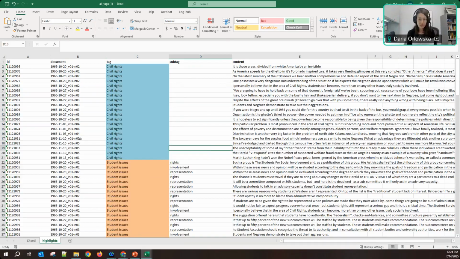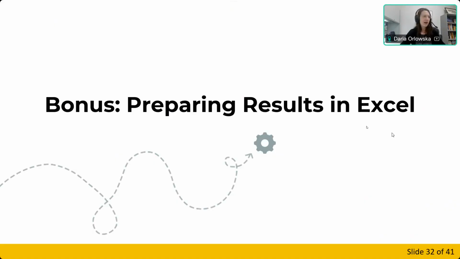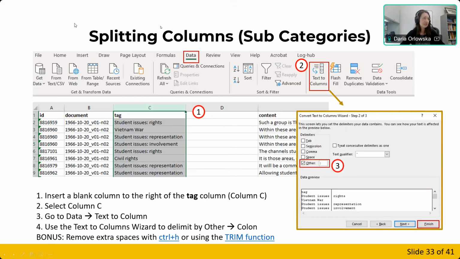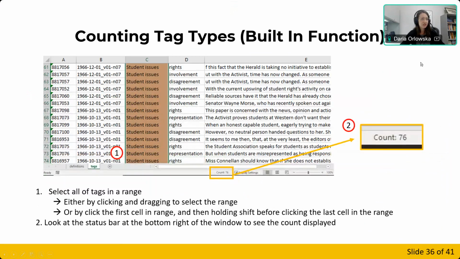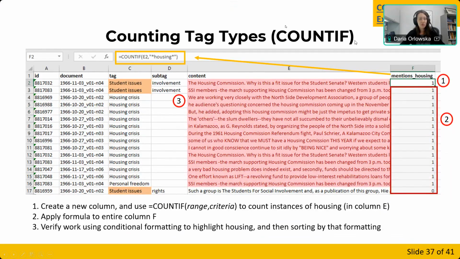Feel free to also check out the slides. The slides will have screenshots. So if I go back to and actually access the slides, I'm going to go ahead and open it. You will see splitting columns, and it has information on how to actually split out the columns, with instructions and some alt text to help get you started with sorting, built-in functions, and it will go through COUNTIF formulas as well.